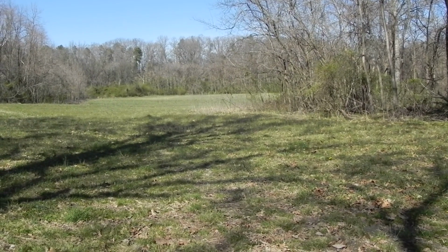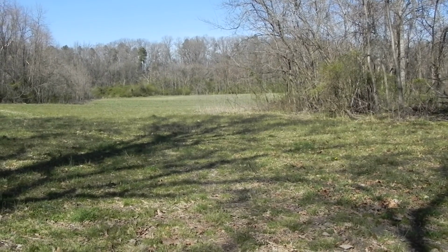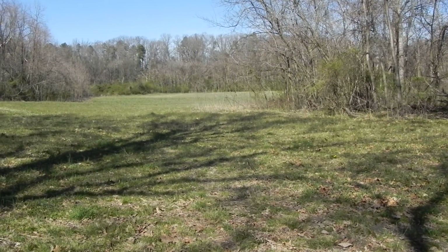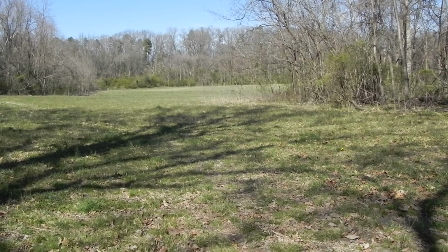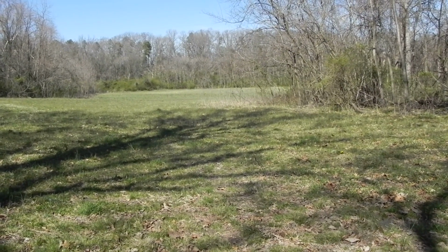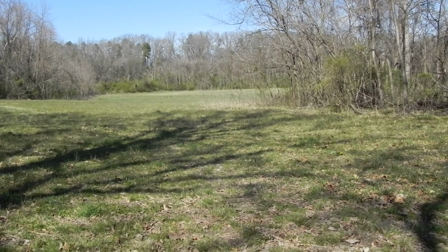Well, this is our Garland Dodd Park, or as I like to call it, Point of Rocks Park. It's a nice, clear, sunny, rather cool day. It's in the low 40s, mid 40s, whatever. But anyway, even today, as cold as it is, that field right there is neat because you'll see deer around it,